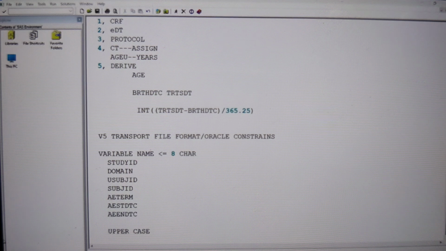When creating a variable name, you should always start only with an alphabet from A to Z. But in Base SAS, as I told you, whenever creating a variable name, you could start with either an alphabet or an underscore. Here, you should start only with an alphabet from A to Z. You can have a number, but you should not start with a number. And this is about the variable name.